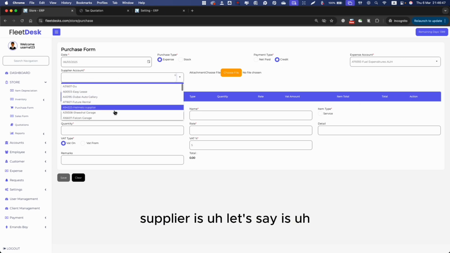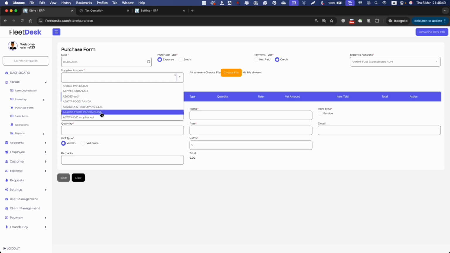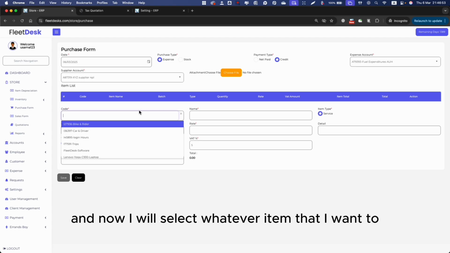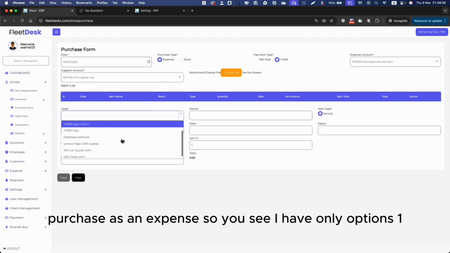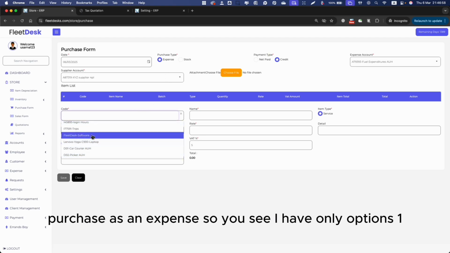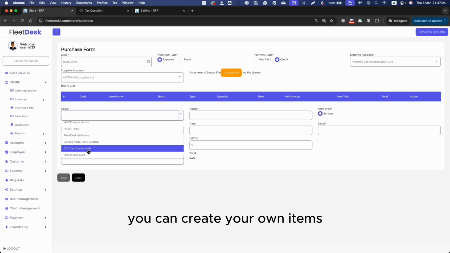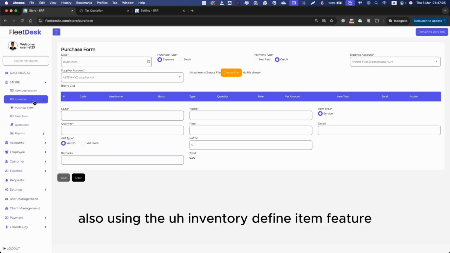Supplier is, let's say, this company. And now I will select whatever item that I want to purchase as an expense. So you see, I have only options 1, 2, 3, 4, 5, 6, 7, 8, 9. These are the services: car plus driver, bike plus rider, login hours. You can create your own items also using the